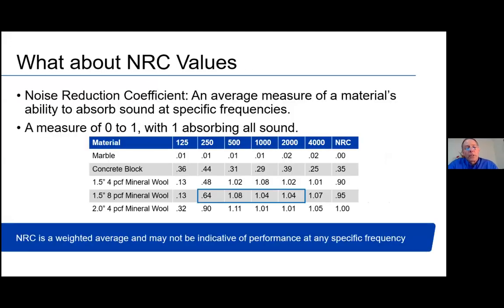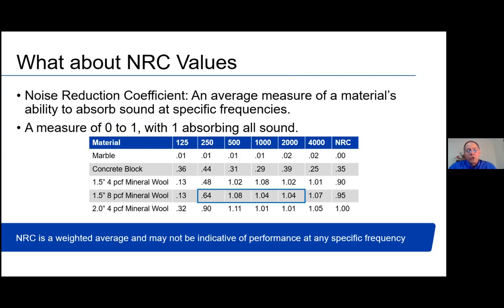Another term that some of you might be familiar with is NRC, or noise reduction coefficient. That's very often a characteristic applied specifically to insulation materials. Look at data sheets for different materials, you'll very often see a table like this one that describes the noise reduction coefficient capability of an insulation material, looking at the sound absorption rating at different frequencies, and then applying an NRC, which is an average of the different noise reduction ratings at the individual frequencies.